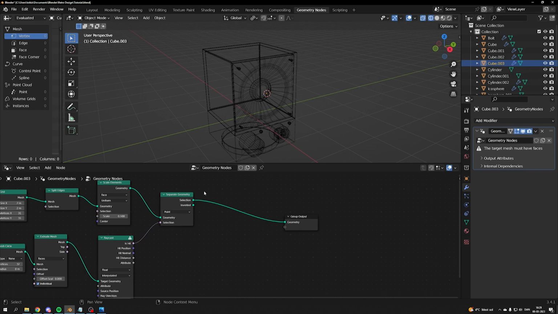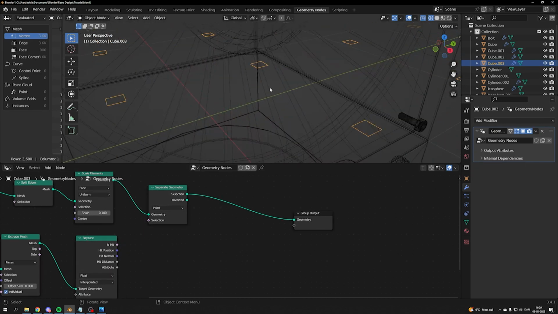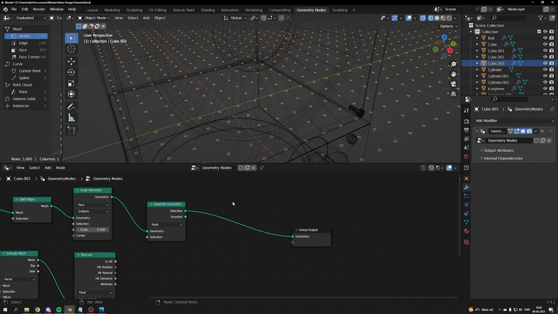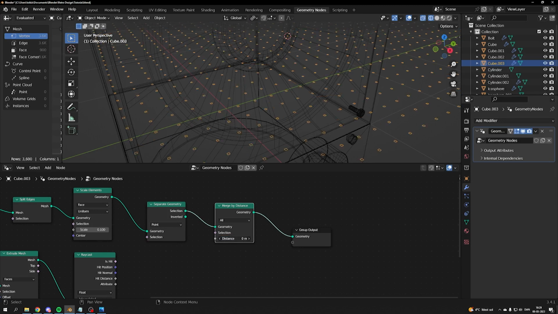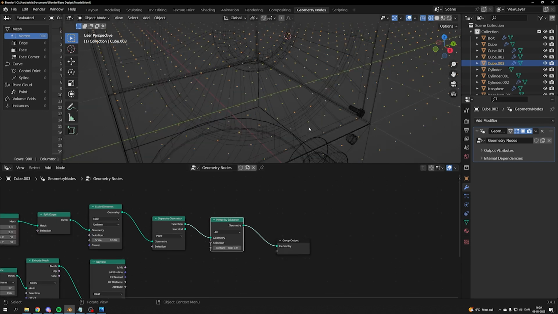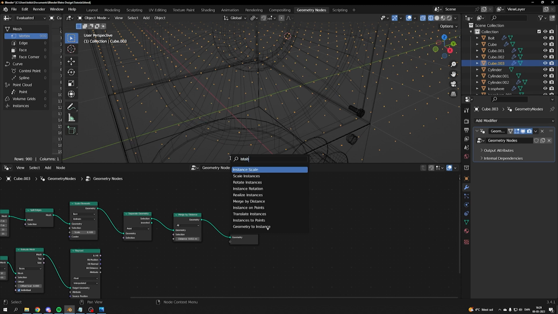Now we need to merge. If you're only looking at this right now, we have a lot of small spaces, and we only want singular vertices. So we need to merge by distance so that they are merging together. That looks terrible, so we need to find the right distance, and that looks fine. So now we have one vertex, and then we have to instance